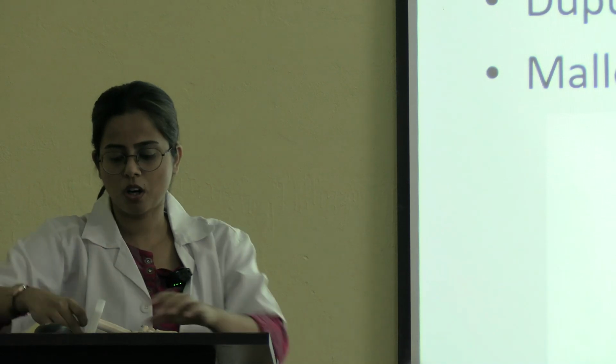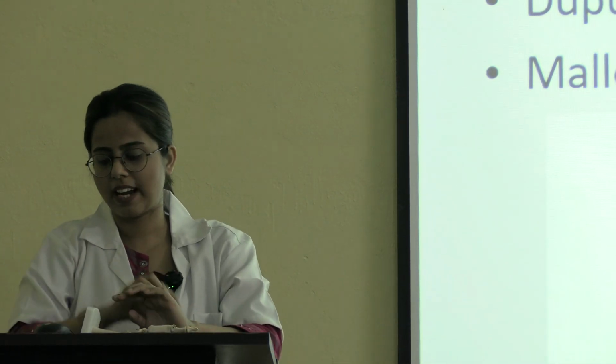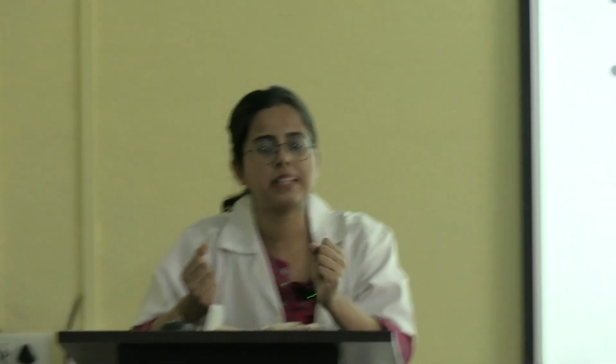Okay, so anything that will increase the pressure of this tunnel will compress the median nerve. So this median nerve will get compressed. This is known as carpal tunnel syndrome. Like arthritic changes or dislocation of carpal bones, anything can increase the pressure of the tunnel, as a result of which the median nerve will get compressed. This is known as carpal tunnel syndrome. Clear, or should I explain again? Clear. Okay.